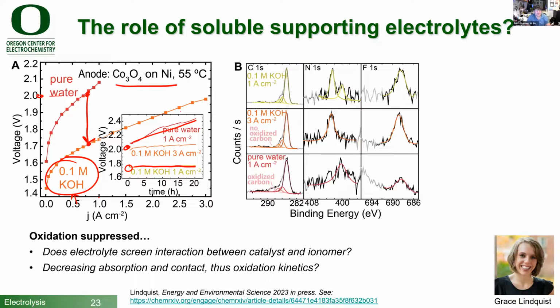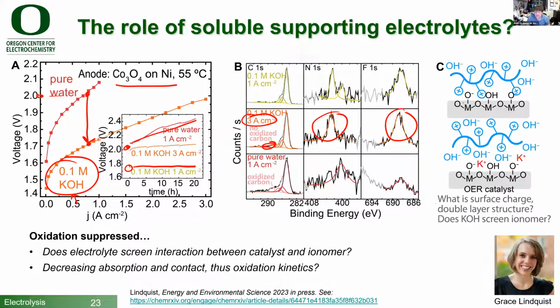So what's going on? Why, when you have just a little bit of KOH around, even running at very high currents with a very oxidizing anode, do you see very little direct oxidation of the ionomer? You see much better durability, much better maintenance of the original features of the cell. Okay, so what's going on? Why is this? We've been thinking about this, and we think it has to do with the nature